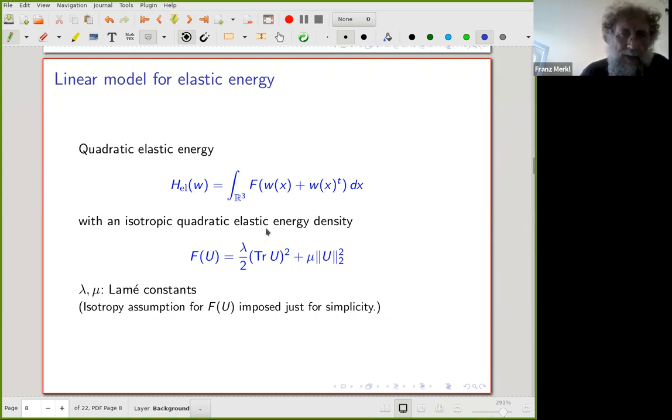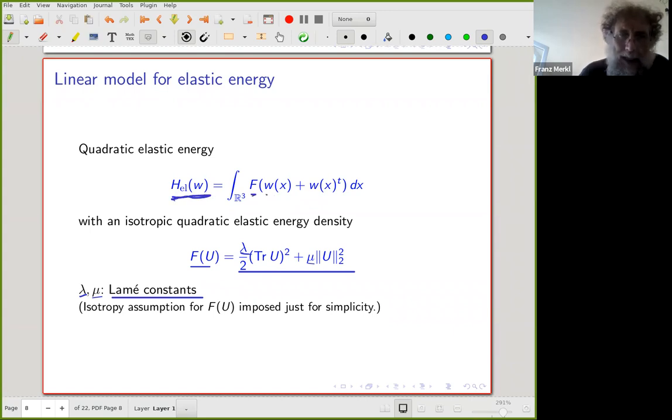So we take this thing here: for a 3 by 3 matrix u, f of u is lambda divided by 2 times the trace of u squared, plus mu times the 2 norm of u squared. So these constants over here are just called Lamé constants in material science. And then, as in linear elasticity theory in material science, the elastic energy is modeled by this f